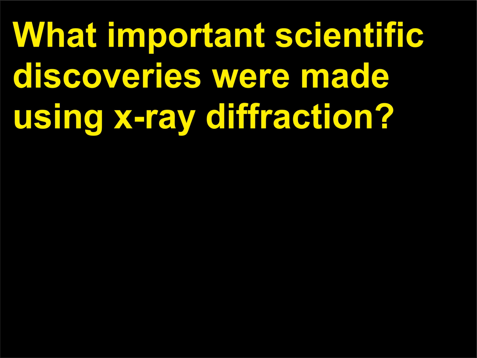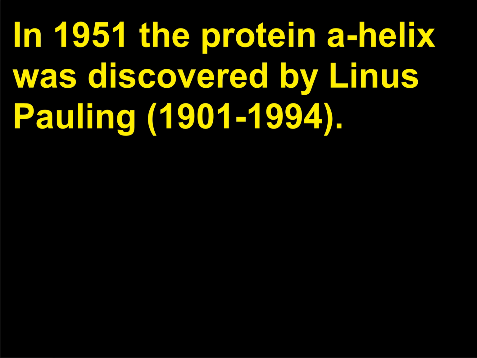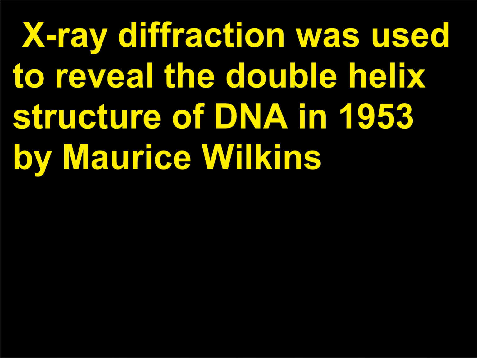What important scientific discoveries were made using X-ray diffraction? In 1951 the protein alpha helix was discovered by Linus Pauling, 1901 to 1994. X-ray diffraction was used to reveal the double helix structure of DNA in 1953 by Maurice Wilkins,